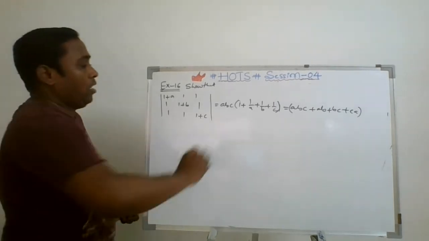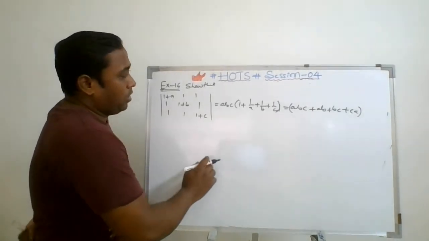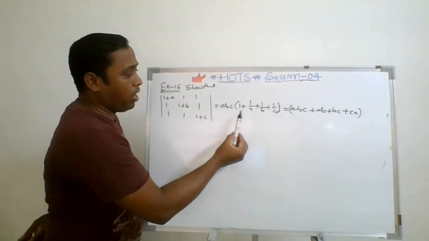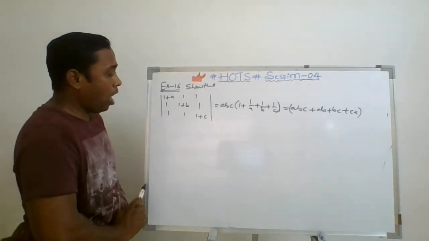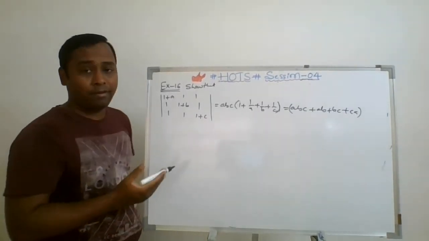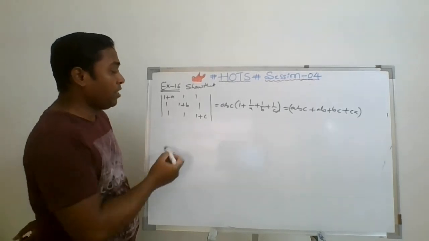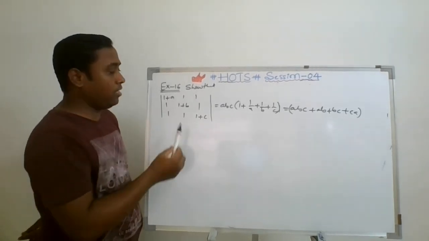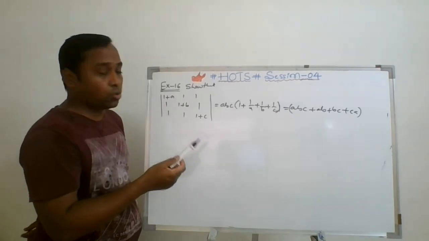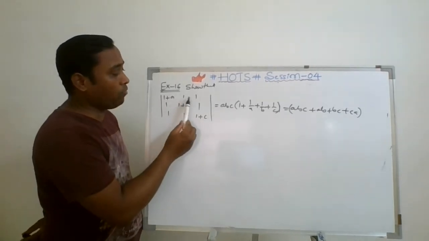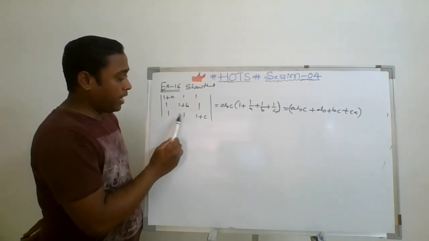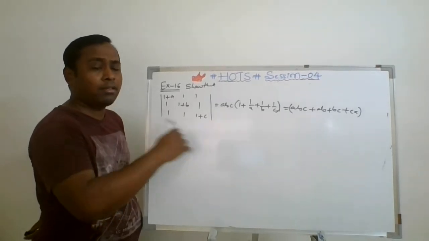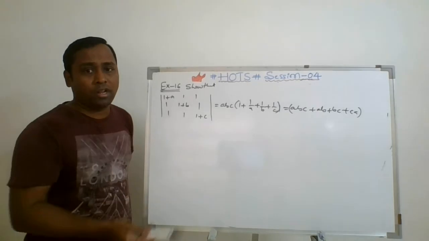Now see, how can I get this? Simply, I require 1 by A, 1 by B, 1 by C as a factor. So how can I do this? There are several ways to solve this question. Some people try to make the maximum number of zeros because we have 1 and 1. They subtract these so here it becomes 0, and again subtract to get 0, and then they simply expand. This is the ordinary way.